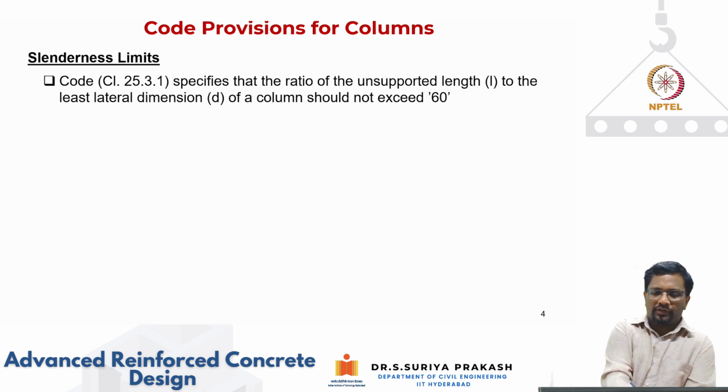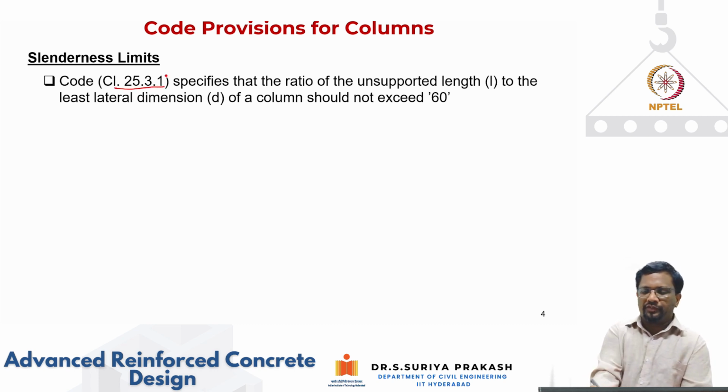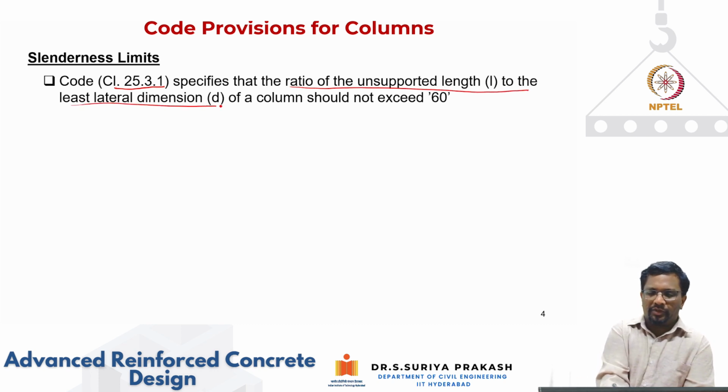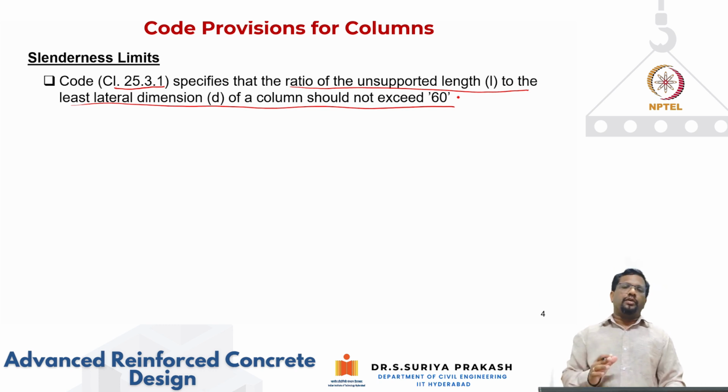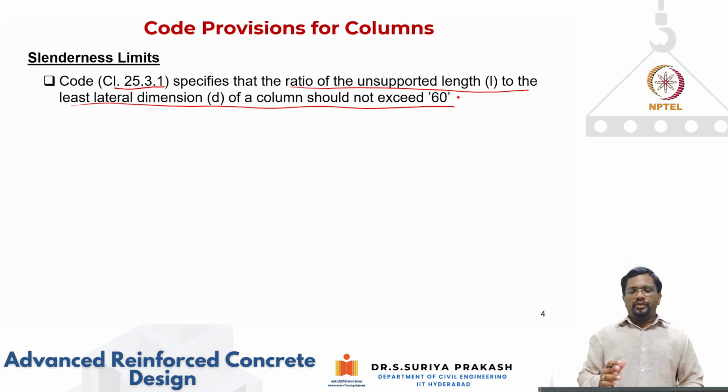So you can see clause 25.3.1 specifies that the ratio of the unsupported length to the least lateral dimension of the column should not exceed 60. So the maximum value for a typical column, the L by D ratio, here L is the unsupported length. We also discussed in the last part of the video how the unsupported length can be calculated, and the ratio to the least lateral dimension cannot exceed 60. So by having this provision, the code is indirectly prohibiting the design engineer from designing a column to fail in